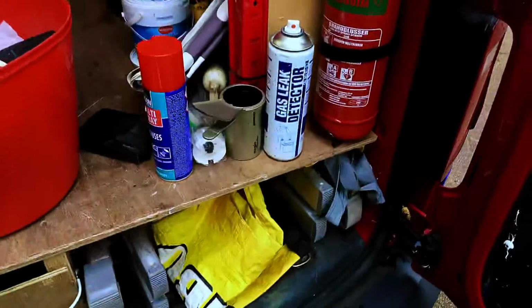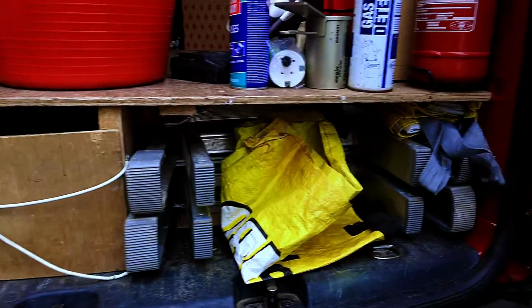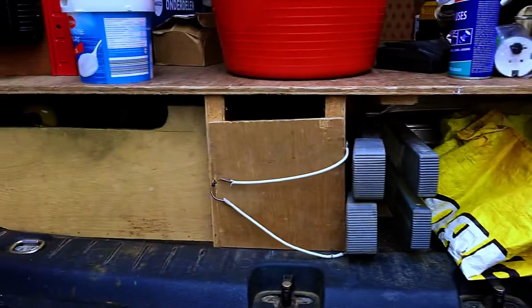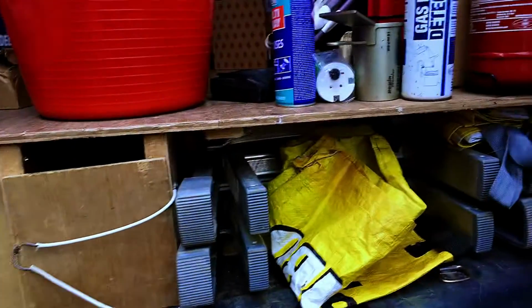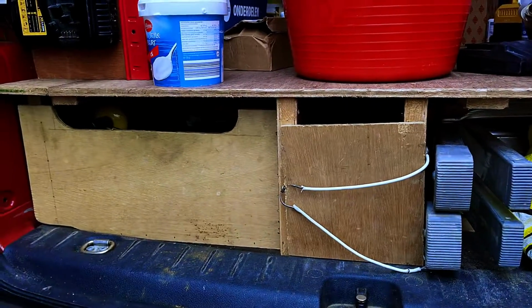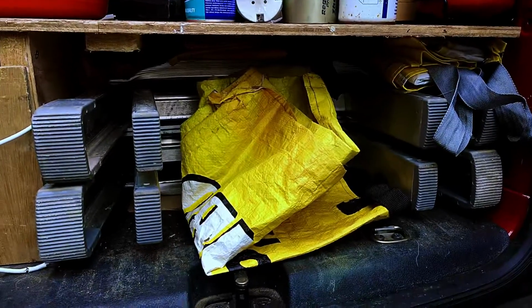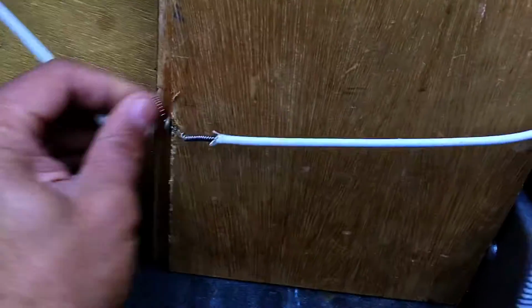So what I have done is I've built a subfloor, as you can see. I basically took 2x1 and built a frame and suspended a 9mm ply over it, 9 or 12mm, something like that, to give me a subfloor. Under the subfloor I keep my ladder in this section. And then in this middle section here, when I can open it,